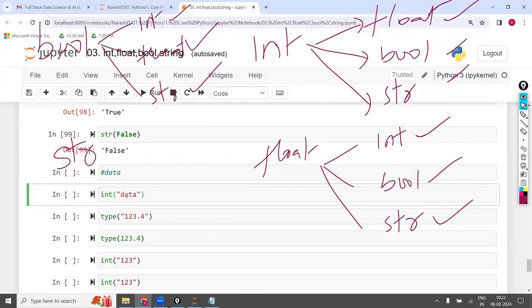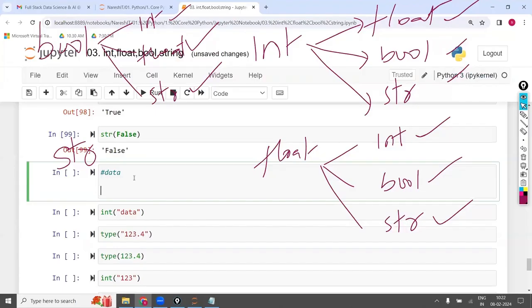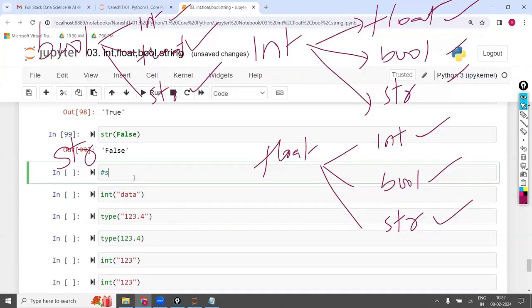Now, let us take the string. Now you know the string can consist of only text, that is possible. Text with numeric or special characters, that is also possible.